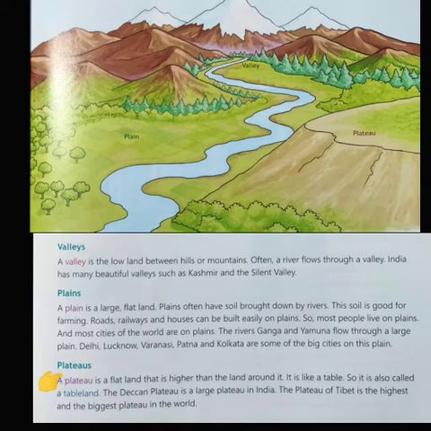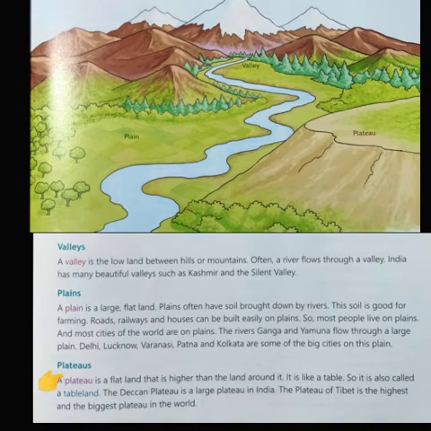Listen. The southern part of India has a flat and uneven surface. The land is higher than the surrounding plains. This type of high landform is called a plateau. This area is less fertile than plains. It covers the largest part of India and is called the Southern Plateau, also known as the Deccan Plateau.